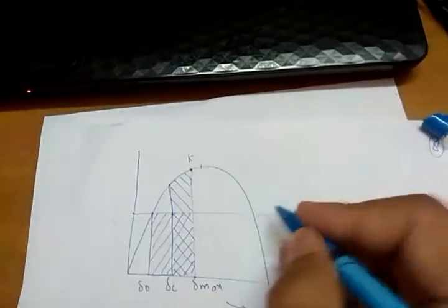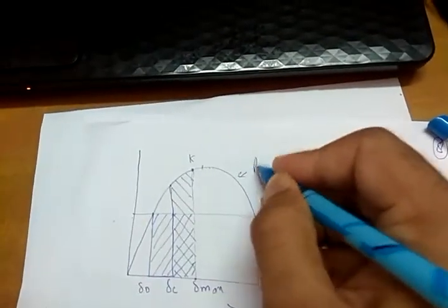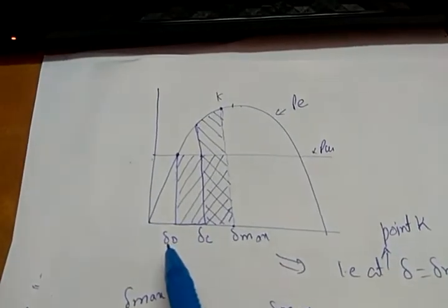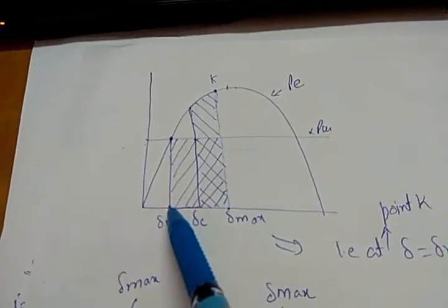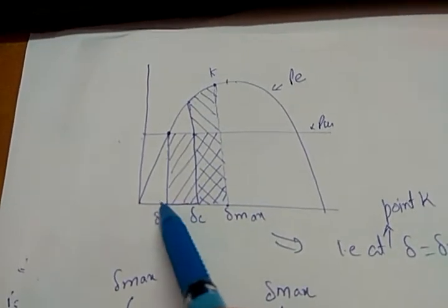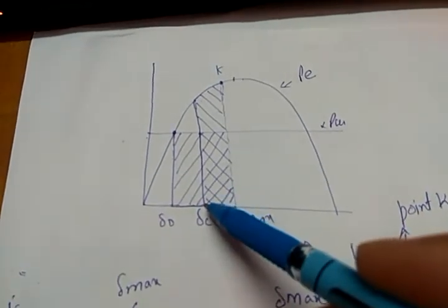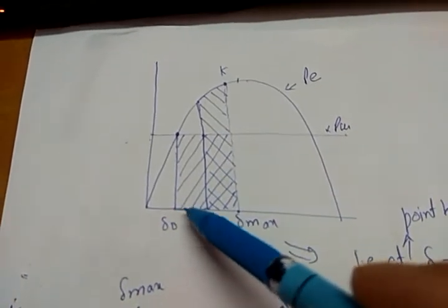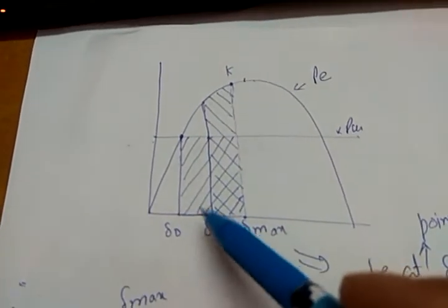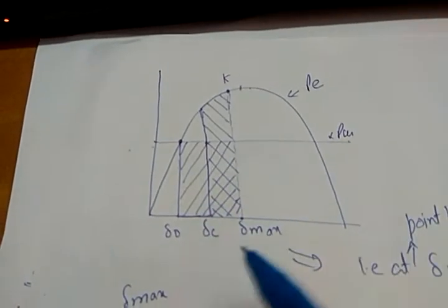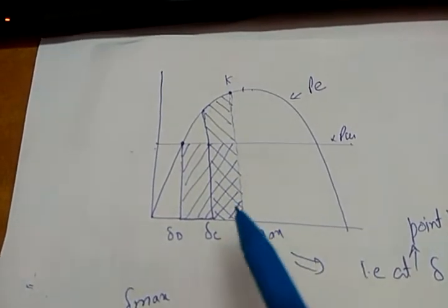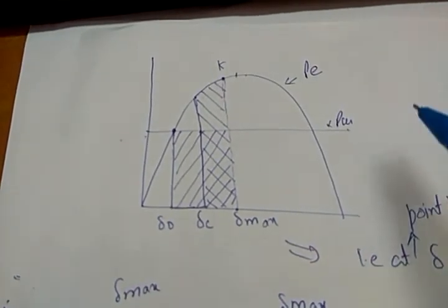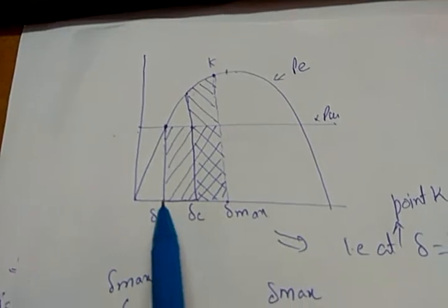here I am saying that this is P shaft and this is P electrical, and this is the equilibrium point delta naught where both the powers were equal. At delta naught a fault occurs in the system and electrical power reduces to 0. When electrical power reduces to 0, shaft power is still there, so the rotor will accelerate. Rotor acceleration means delta will increase, because field flux is now rotating at a higher speed as compared to the resultant flux. The resultant flux operates at synchronous speed, but the field flux is now rotating at higher speed. So this delta will increase.